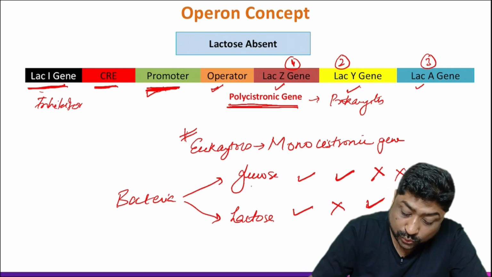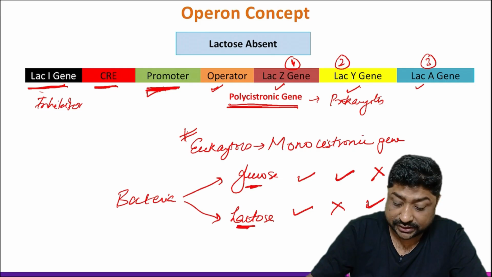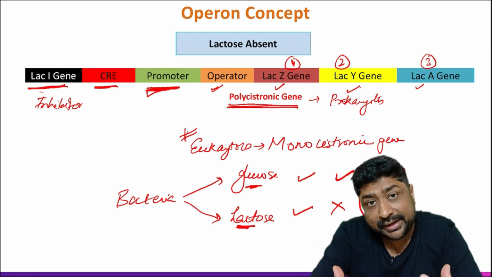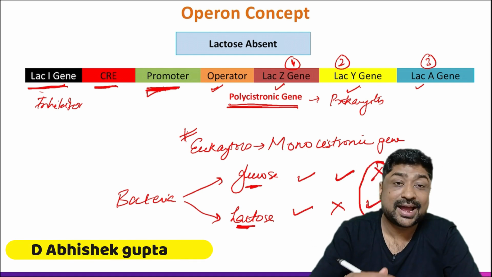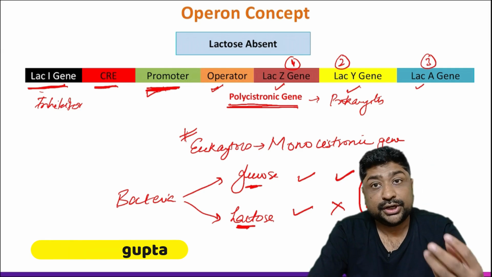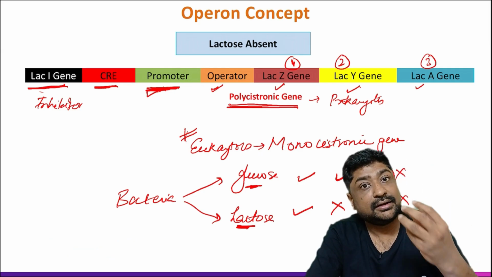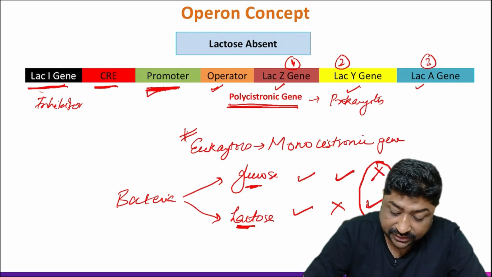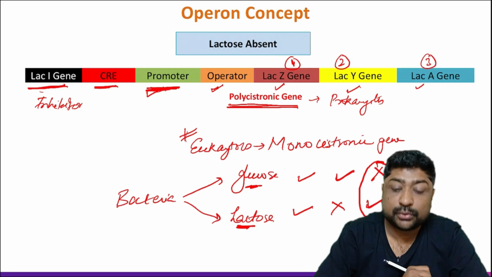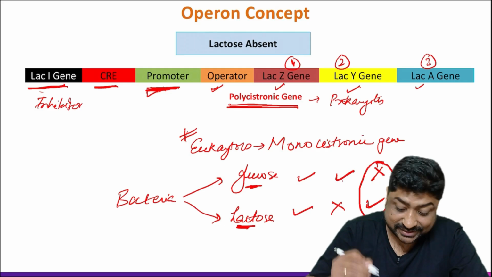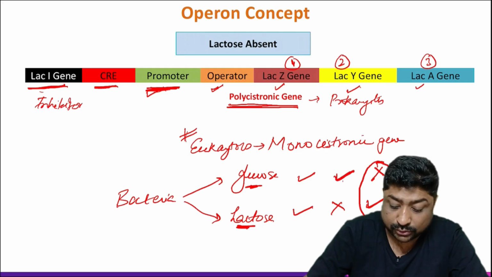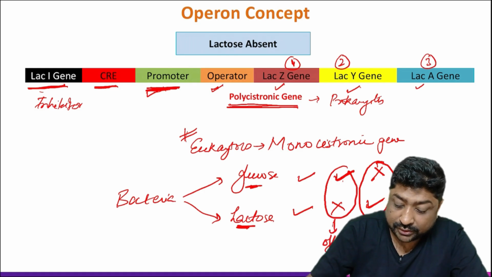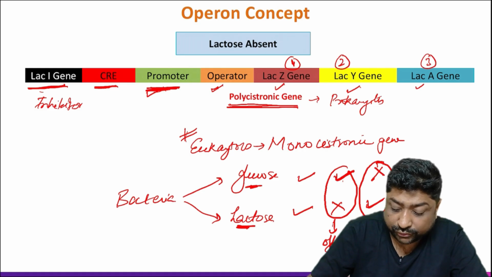that when glucose is not there and only lactose is there, in this specific subset, when it is in a medium where there is no glucose but lactose, what should the bacteria do? It should produce enzymes so that it can digest the lactose to generate energy. So in this condition, it will be on. When glucose is present but lactose is not there, in this condition, it will be off. When nothing is there, then also it should be off.